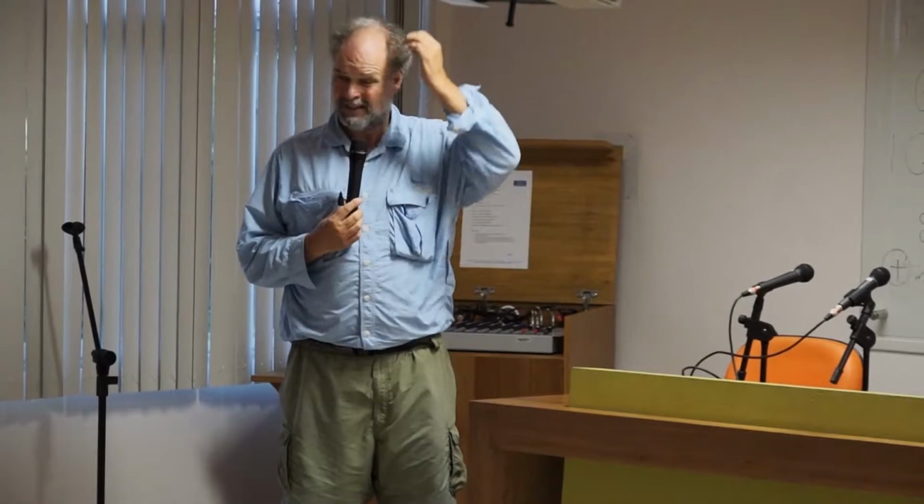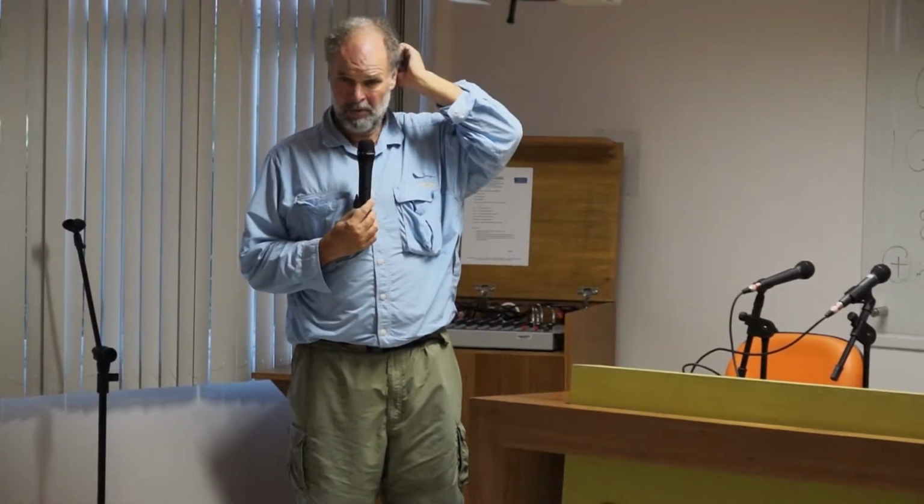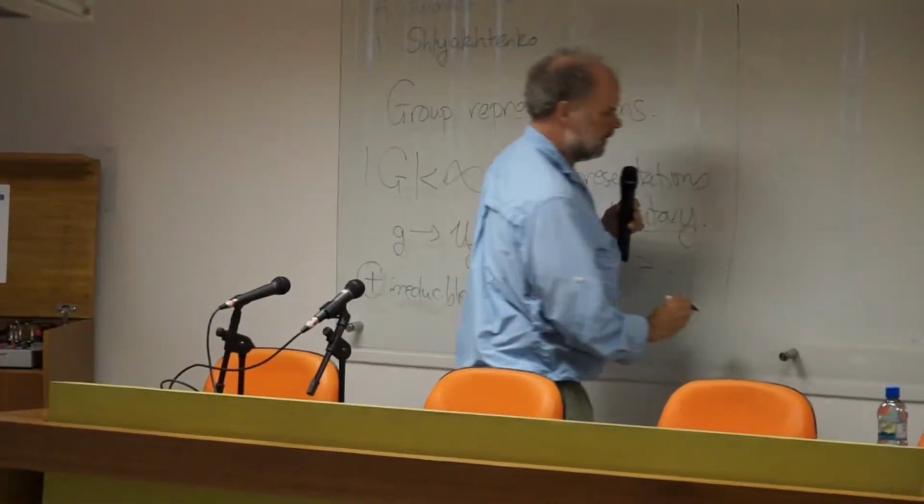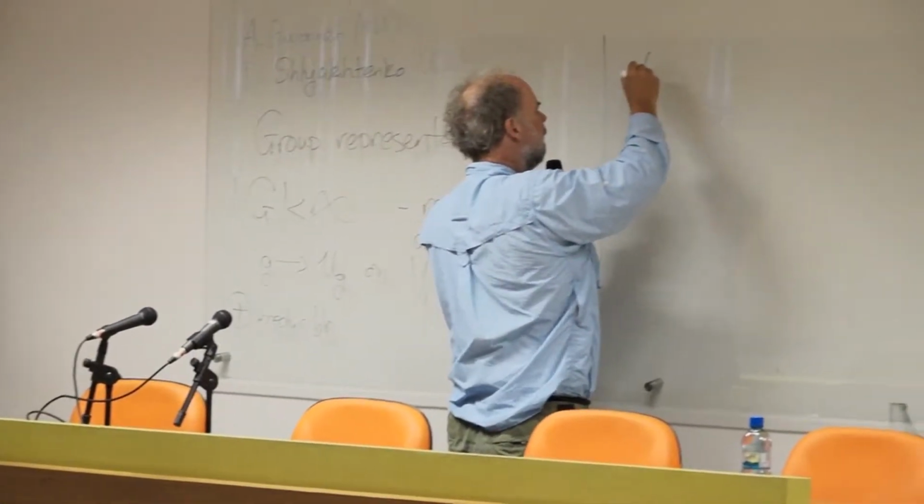So the first question that you ask yourself if you have a group and you want to know explicitly what its irreducible representations are, irreducible is enough, then you look for them somewhere. And where do you look for them? Well, there's a theorem which is going to follow from what I say, but it is basically that every irreducible representation is contained in the so-called left regular representation.